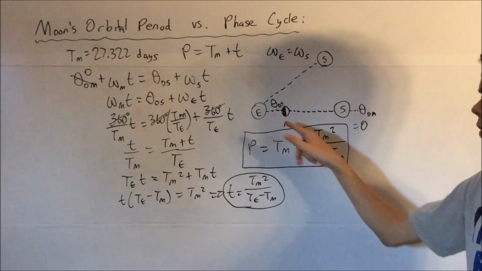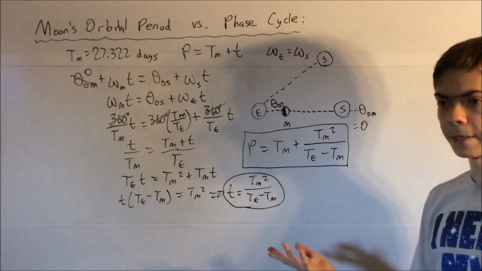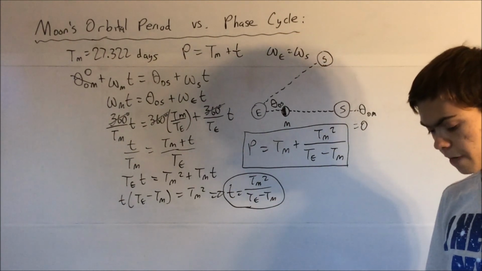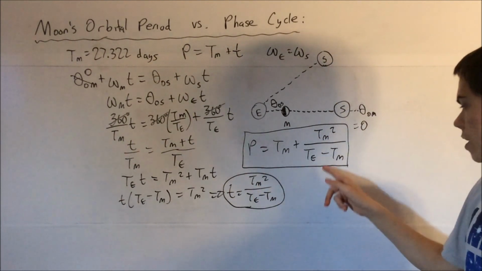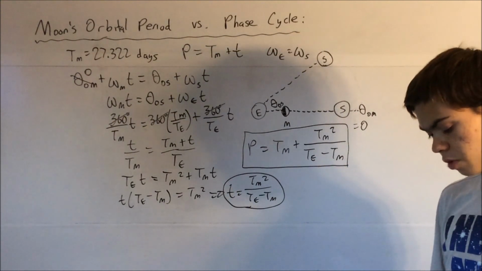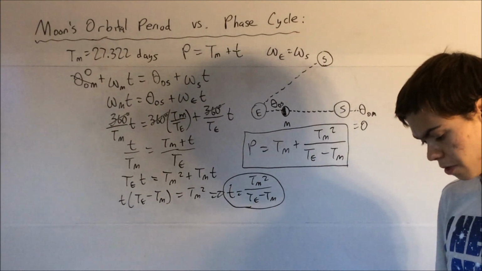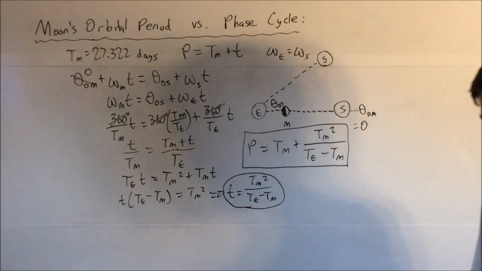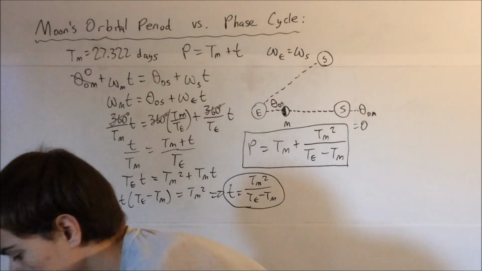The orbital period of the Earth around the sun is about 365.24, and I subtract the orbital period of the moon, which is 27.322. And the answer I get, if you substitute these values in,